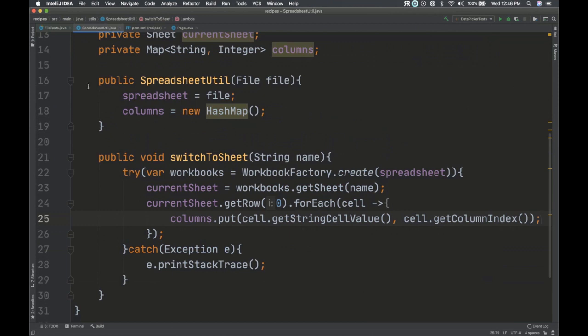So let's put a breakpoint about, I don't know, here. All right, so let's run this.